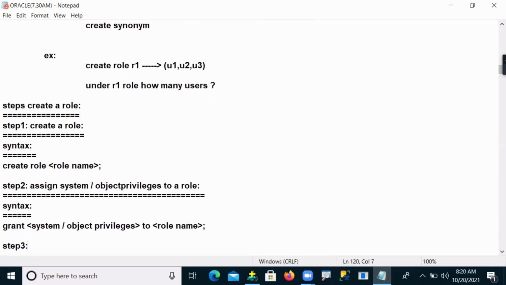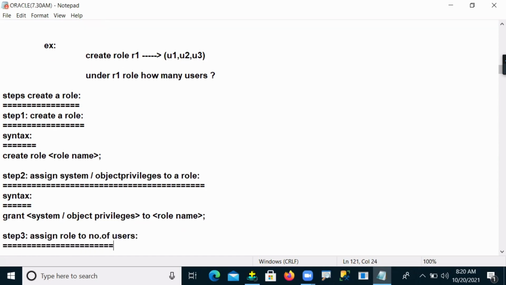Step number 3: assign the role to a number of users.